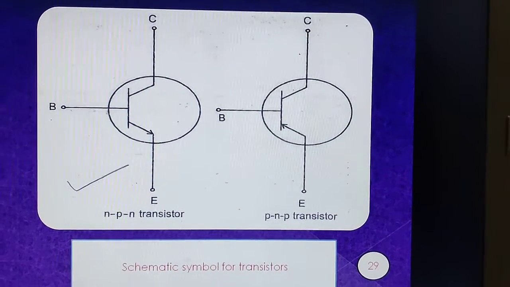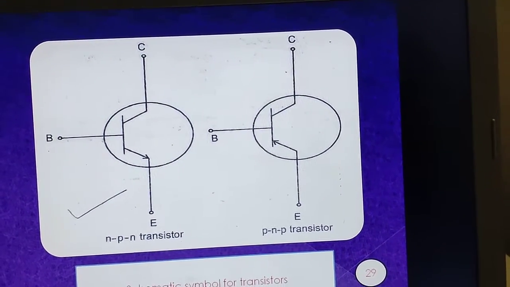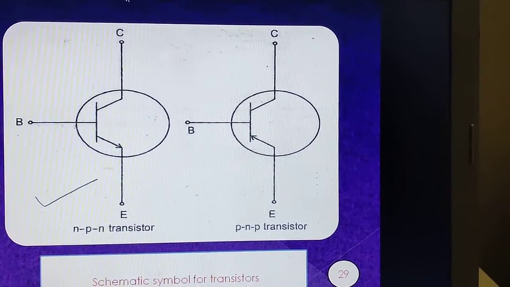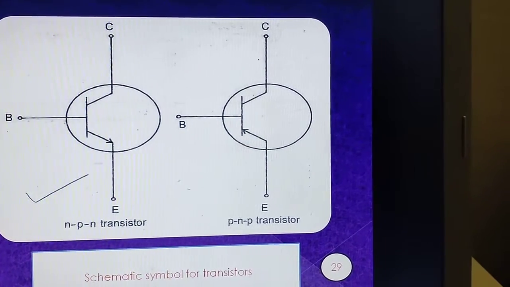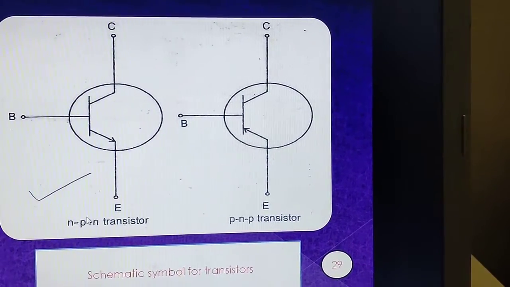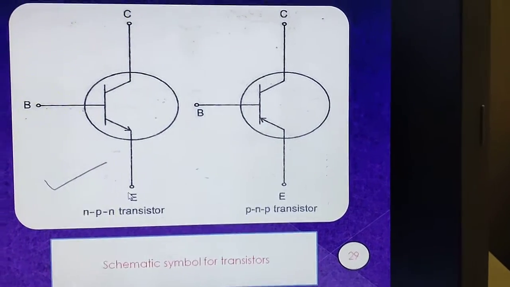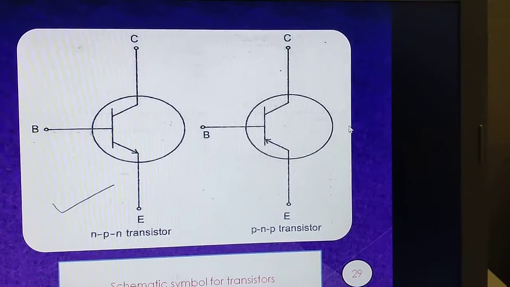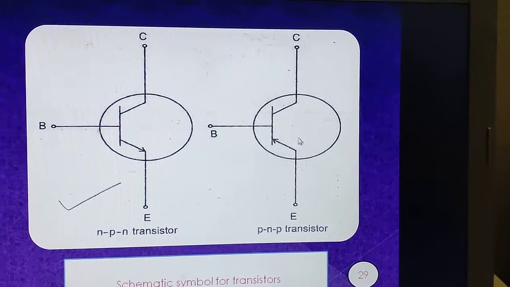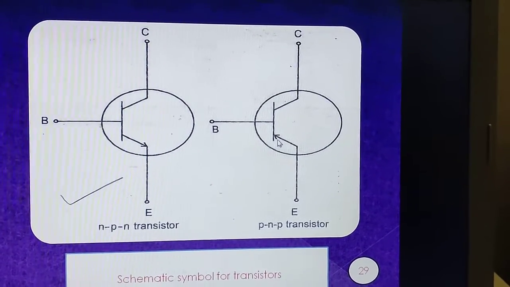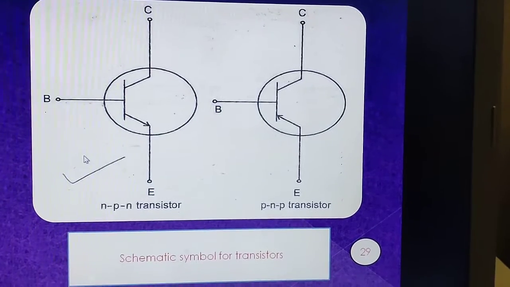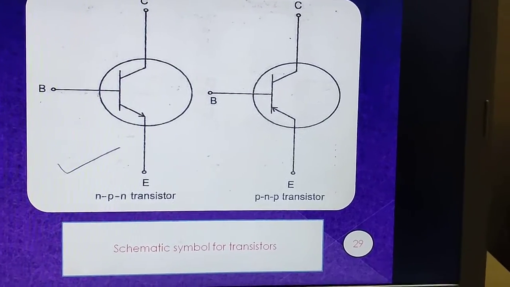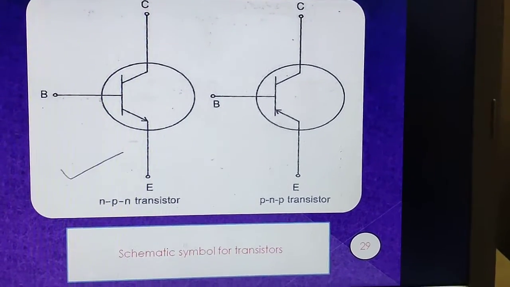We see the three terminals. Basically we have here the collector, the base and the emitter. Now in case of an NPN transistor, the emitter is always represented by an arrow outwards, and for a PNP transistor the emitter is represented by an arrow inwards. So this is the symbol of an NPN transistor and this is the symbol of a PNP transistor. Now we are going to call this a BJT, or bijunction transistor.